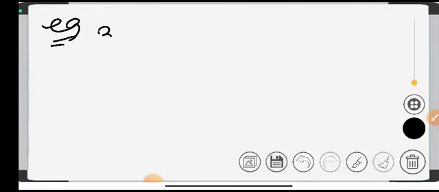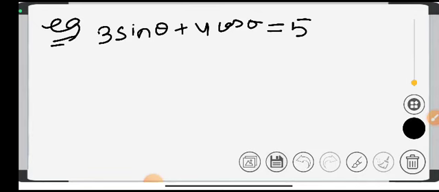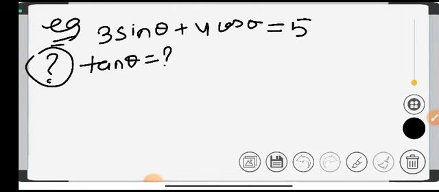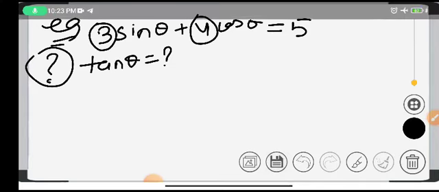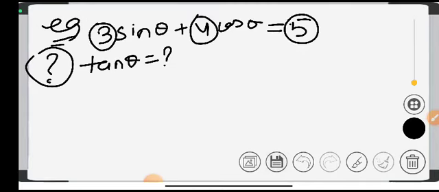If 3 sin theta plus 4 cos theta is equal to 5, then write what is tan theta. What is tan theta? I see this 3, 4, 5. Oh, I get a hint, these all form a triplet, that is 3, 4, 5. Or if you don't know the triplet, apply the Pythagoras theorem, that is this one is perpendicular, this one is base,